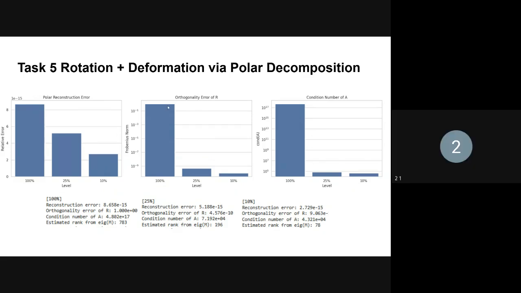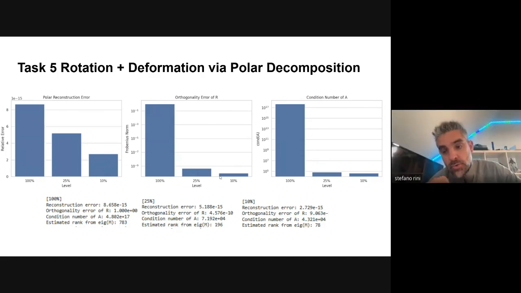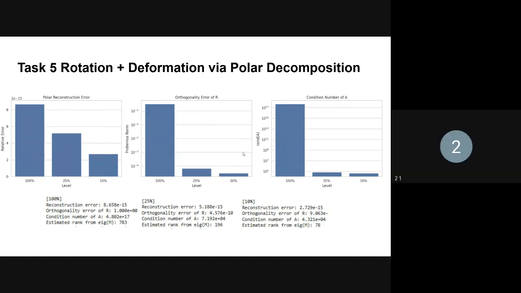And the orthography error of R is almost 1 at 100%, and very low at the 20% and 10% levels, same as text one. Yeah, because the size of the matrix goes down, right? So to do this error, you should normalize by the number of elements, so that you can see it. Anyway, go ahead. And the condition number of A